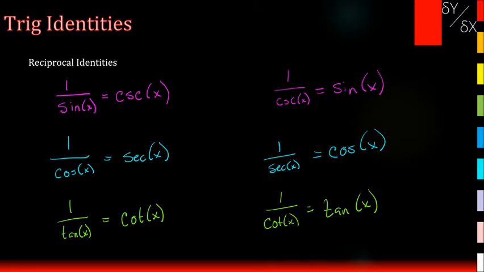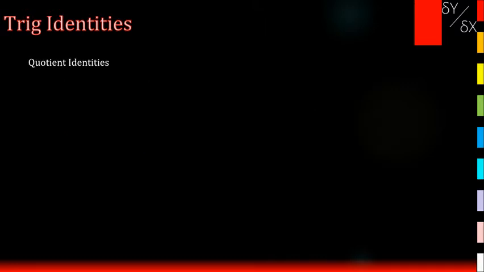Related to the reciprocal identities are our quotient identities. When we're talking about quotient identities, there's only 2 of them, and it's the 2 trig functions that are ratios of other trig functions. The first one is going to be tangent. Of the 2, this is the one we'll probably use the most often. And we have that tangent of x equals sine of x